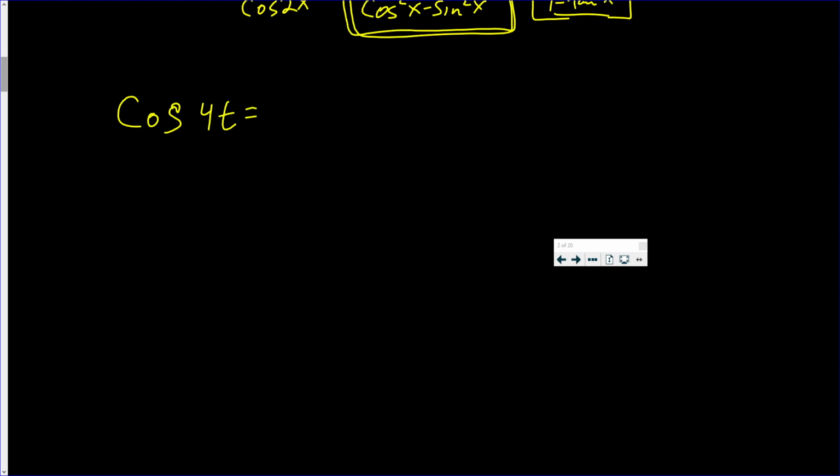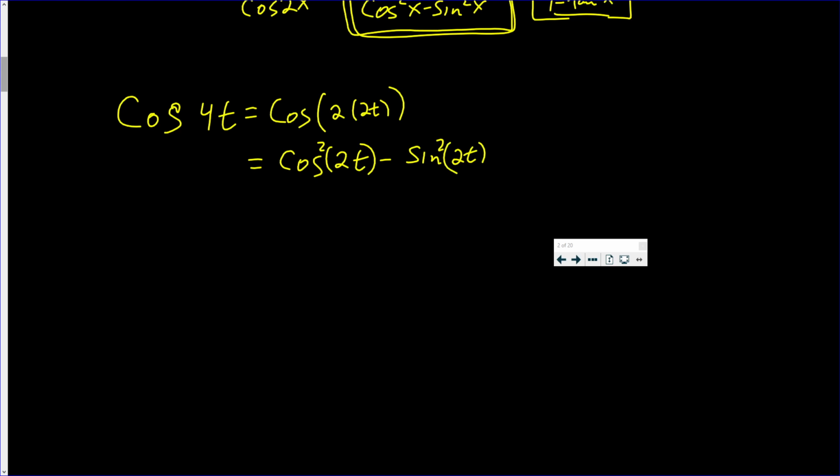Well, cosine of 4t, well, 4t is 2 times 2t. And the cosine of 2 times an angle is cosine squared of the angle minus sine squared of the angle. Now, cosine squared of an angle,